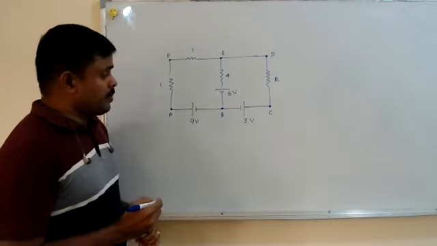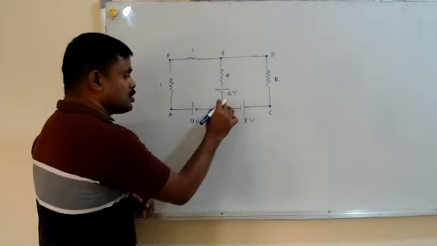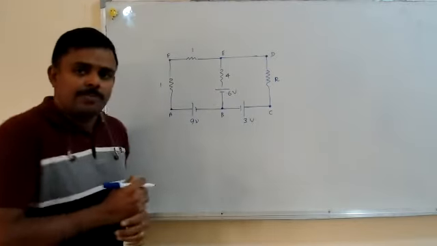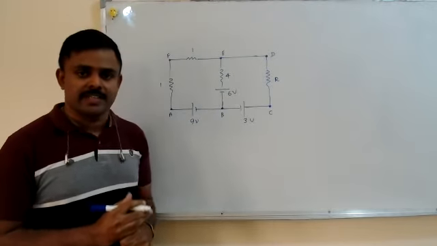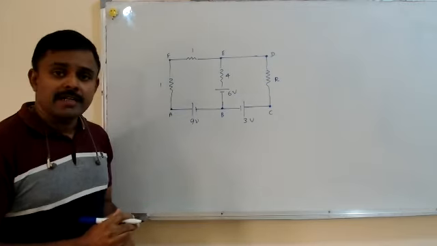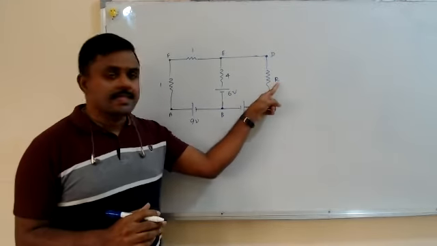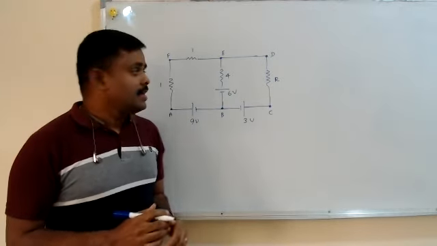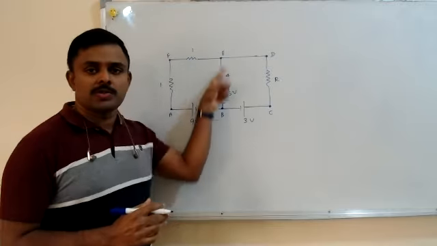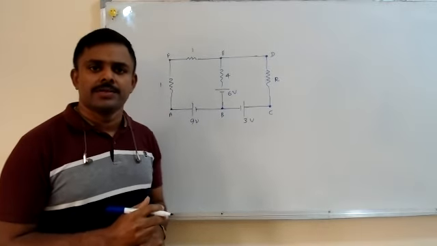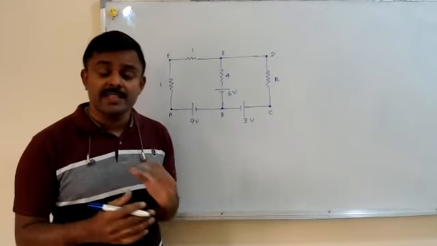Okay, so I can apply what? There are two parts to the question, but we'll do it part by part. We'll look at the first part first. So what is the first part? You've been asked to find the unknown resistance here if no current flows through 4 ohm. So what is the first thing to do? I told you many times, the first thing to do is what?